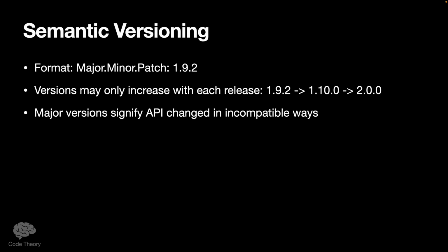When you have a major version, it signifies an API has been changed in incompatible ways. So essentially, when an API is updated to a major version, they are saying, hey, this release changes things that may break your application if you use us. If you are depending on us and you pull in this latest version, you're probably going to have compiler errors because you're calling functions or types that don't exist anymore. So that's what major versions are for.